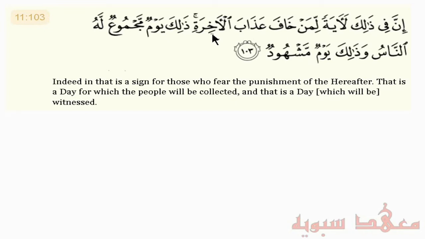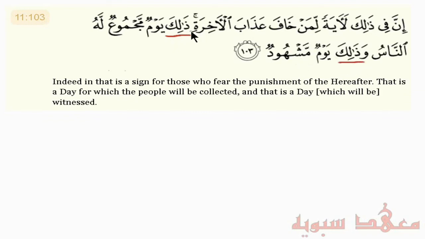And then it mentions dhalika. This is not part of the discussion here, but just for information, dhalika is actually a demonstrative pronoun. And by using the demonstrative pronoun for distance, you're indicating the greatness of something. That's one of the usages. It could indicate physical distance, something that's far away, but here it's indicating the greatness of that which is mentioned. So think of this as greatness, dhalika. And we have here also dhalika.